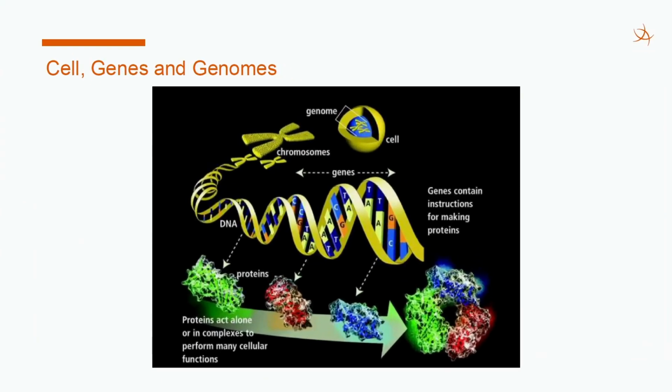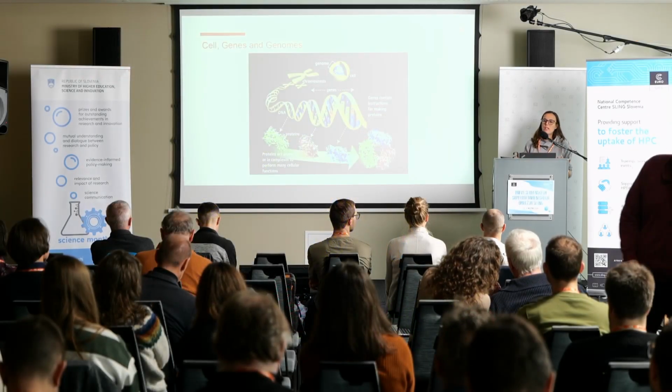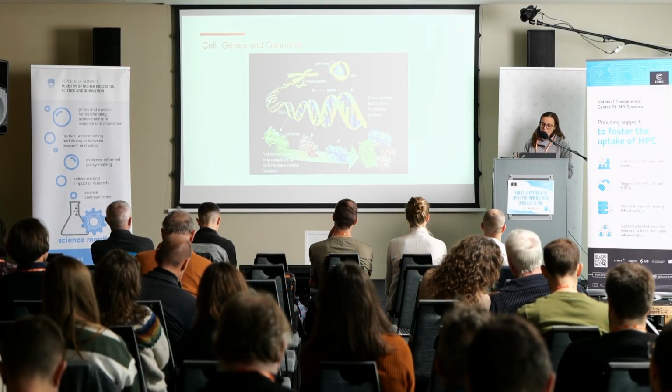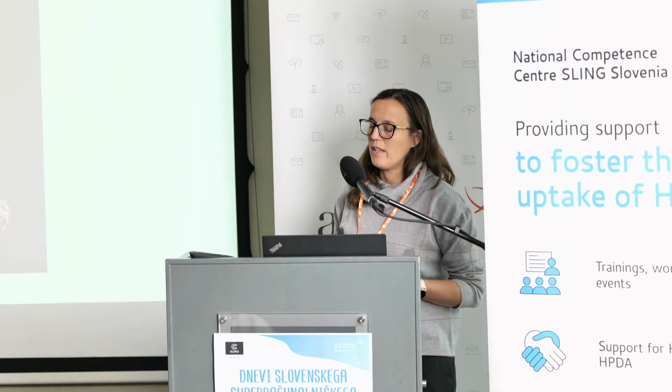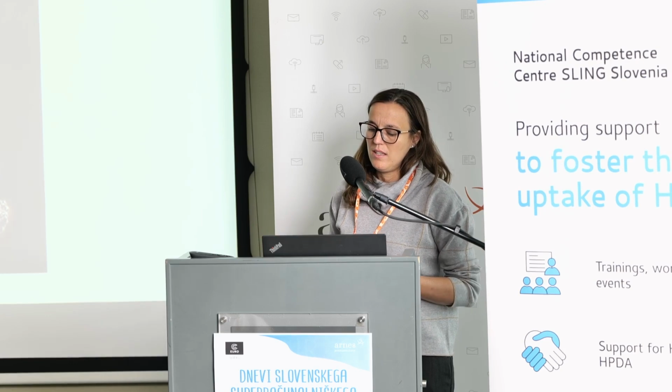We have a cell, we have a nucleus and the chromosomes in it, 23 chromosomes, which are composed of base pairs: adenine, thymine, guanine, and cytosine. The human genome has 3.2 billion base pairs, so these nucleotides. And a change in one can cause a complex disease. So what are we actually doing? We are looking through these 3.2 billion base pairs and searching for the one that is causing the phenotypes